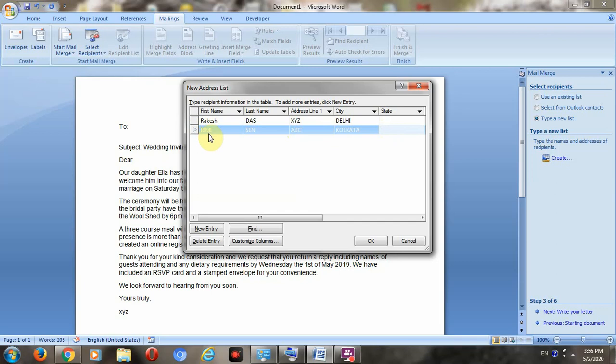Then for the third one, again a new entry, for example Seema Rai, again some address XYZ, then city, say Guwahati. Next, a new entry.